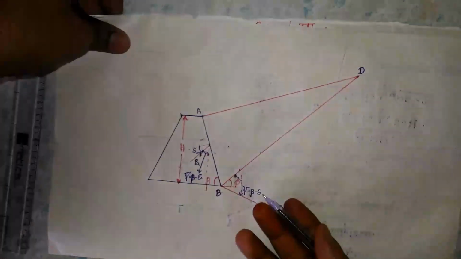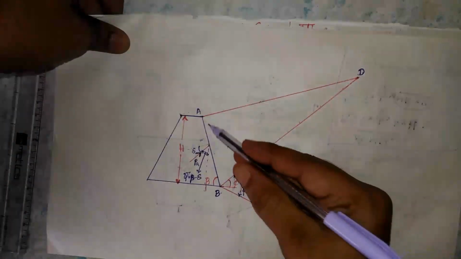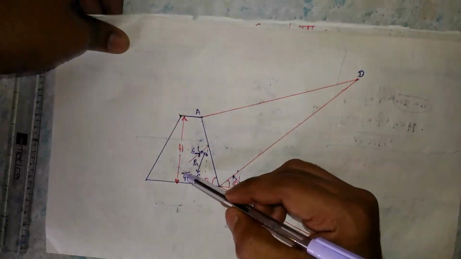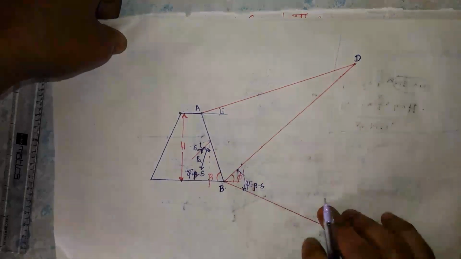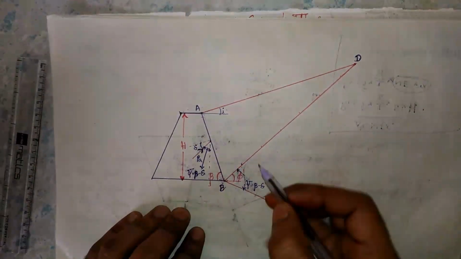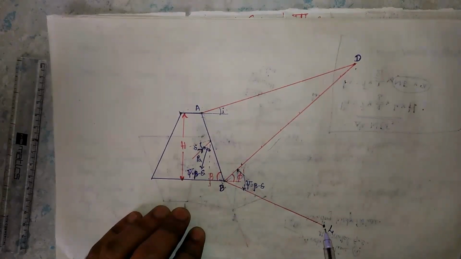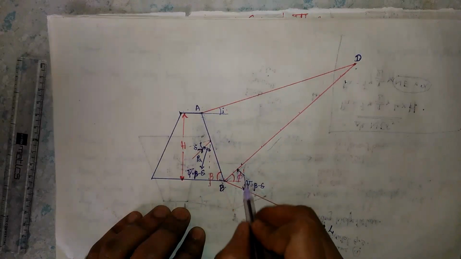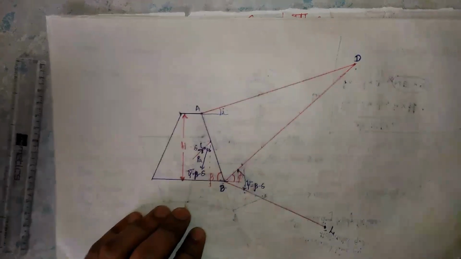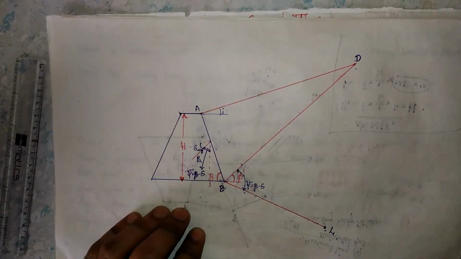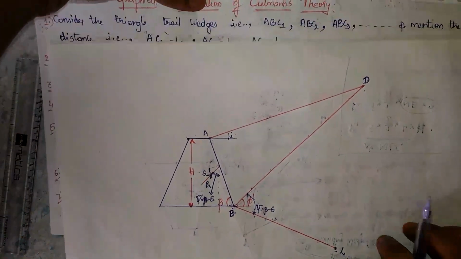In Coulomb's wedge theory also, he has taken a retaining wall with an inclined back face and a vertical height. Next, i is the slope angle. Next, phi is the angle of the sliding plane. Next, draw the BL line where psi equals beta minus delta. This psi angle I have mentioned in Coulomb's wedge theory and also in Rebhann's theory. Now let's start the process of the graphical presentation.